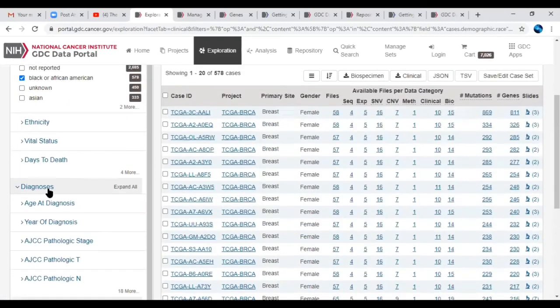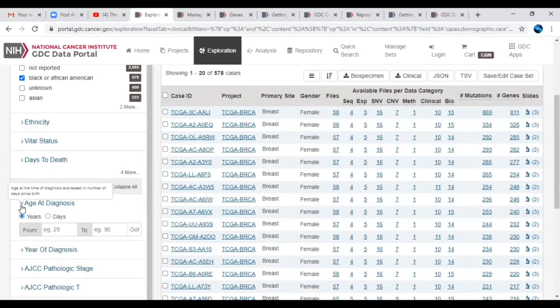Again, we will see the follow-ups, or if you are interested to take only the age of diagnosis below 90, you can make the filters available, which is here. If you want to search the age at which the disease has been diagnosed, 30 to 50, like this, the filters are available here.